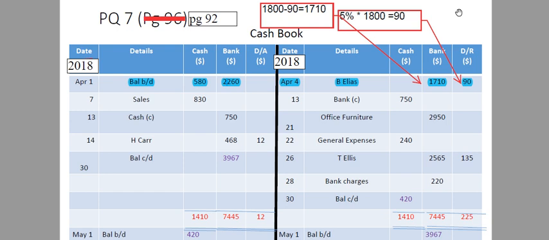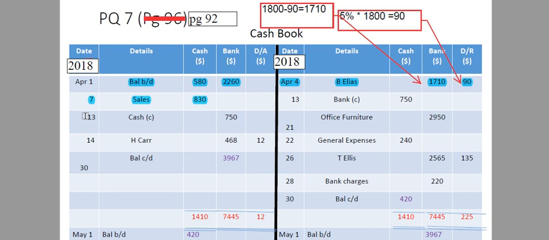Okay, next transaction is on April 7. It says cash sales, so it's simple. Cash sales means you received cash, so your cash is increasing by 830, and you are getting this cash by selling goods. So the double entry is in the sales account. So that is pretty simple. Next one is 13th April, transferred cash to bank. So you have transferred,